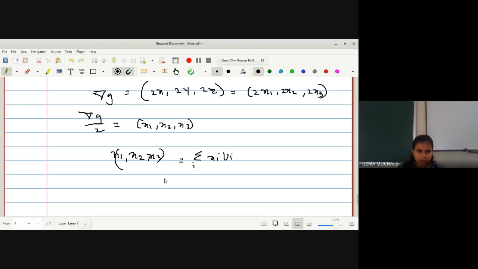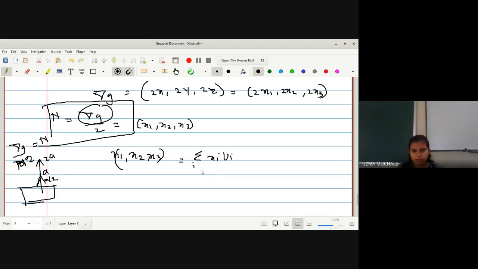Suppose this del g by 2, because if your del g is a normal then obviously del g by 2 is also normal, right? Yes or no? Okay. Suppose this is a plane. If a is a normal vector, what about 2a? Is it a normal to the plane? Yes, ma'am. What about a by 2? It is also normal to the plane. So instead of del g, if we take del g by 2, that is also working as a normal.